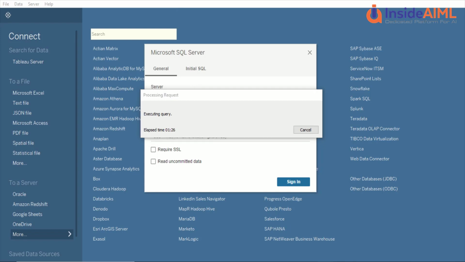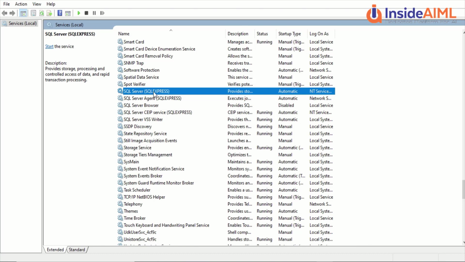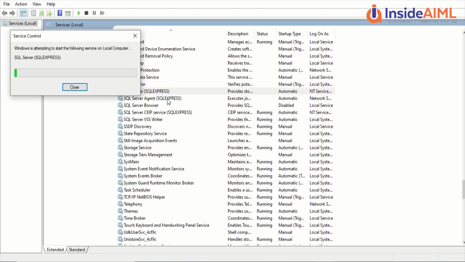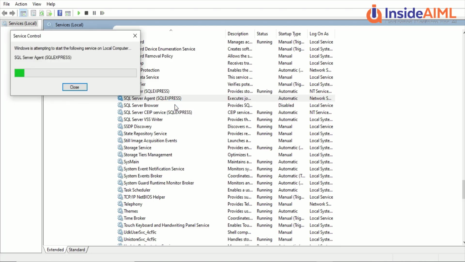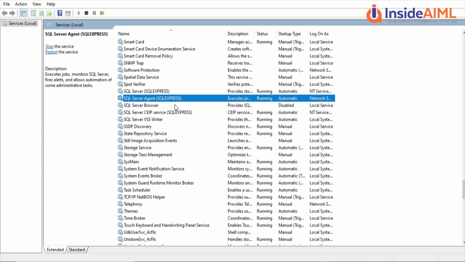While Tableau is still searching, I know my SQL Server is not on. Let's go ahead and start this from here and see whether Tableau is able to connect. I think there is a timeout of around 10 minutes, so it might struggle for that much time, and we don't want to wait so much. So let's start this and see whether it connects or not. The other one is optional, but let's start it in case, because Microsoft things might connect without the SQL Server Agent, but we are not sure about this one.